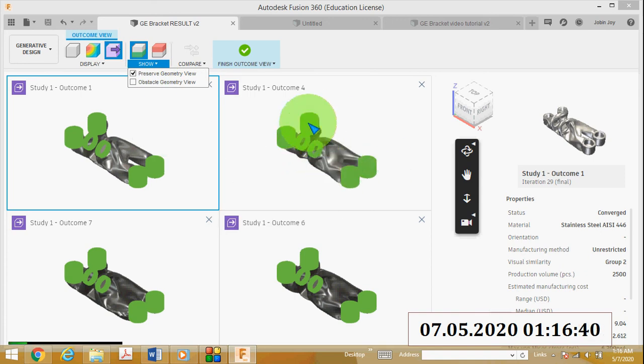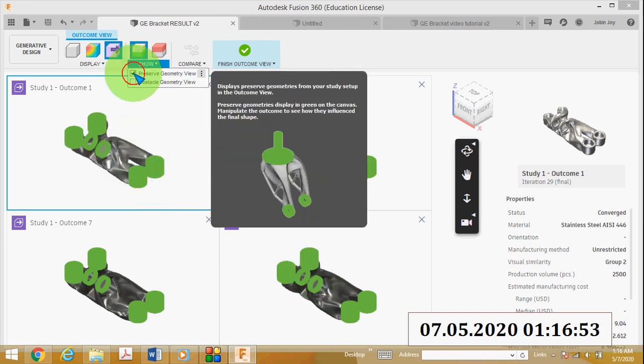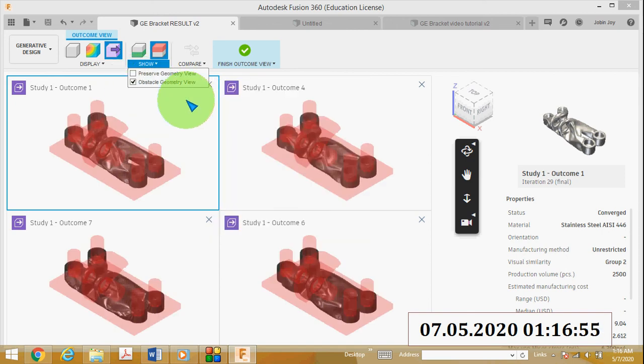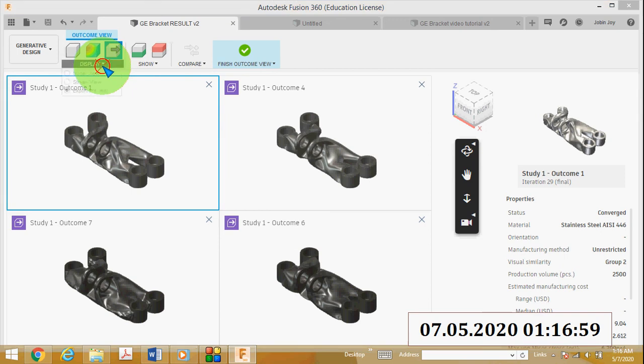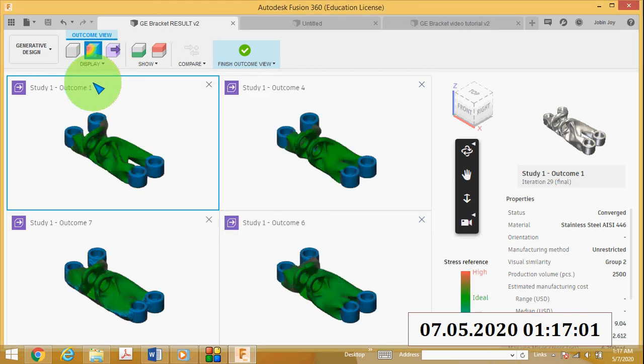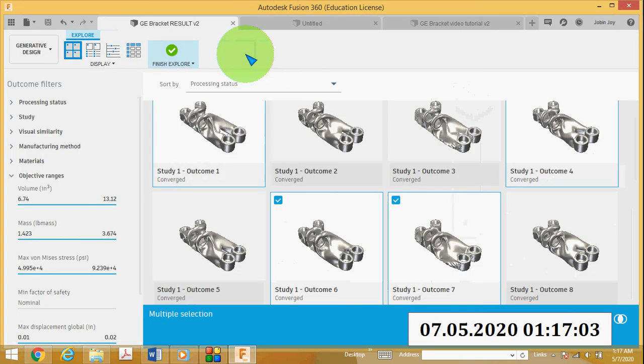So you can see in the second step we have preserved some areas, these faces, 1, 2, 3, 4, 5, 6. You can see that those portions are preserved. If you want to see the obstacle geometry view, you can click here. I already explained the stress view. Then click finish outcome view.